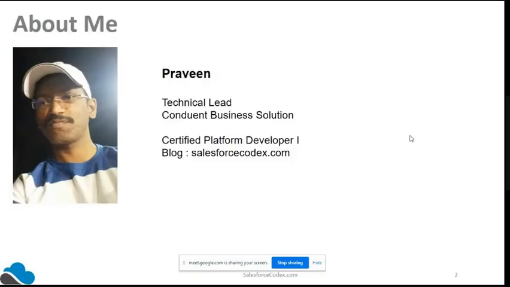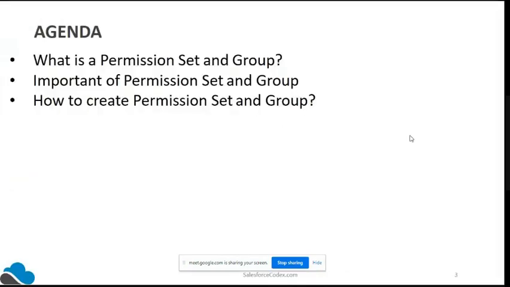So first of all, what is a permission set and why do we want it? In the last presentation we already covered profiles. Salesforce mainly provides data access for specific users based upon their permissions or sharing. What a particular user can do in an application will be defined by permissions. Permissions can be defined based upon profile or permission sets and groups.